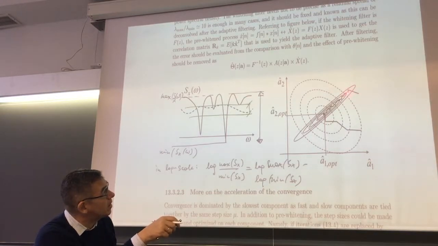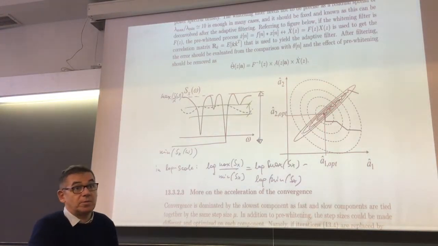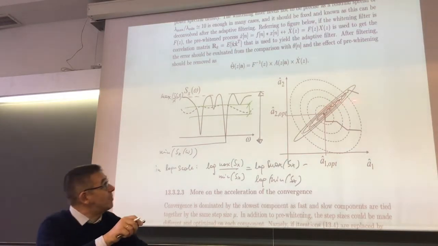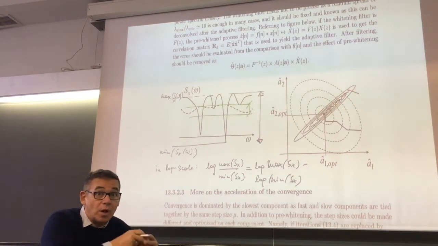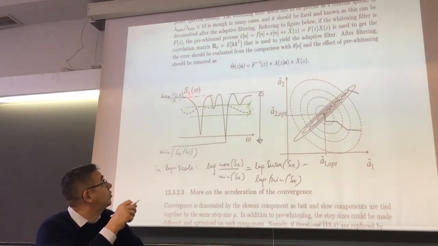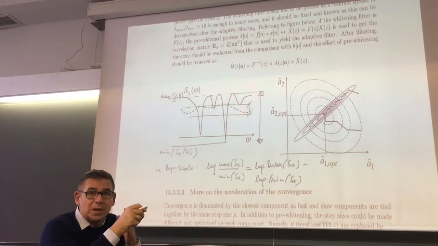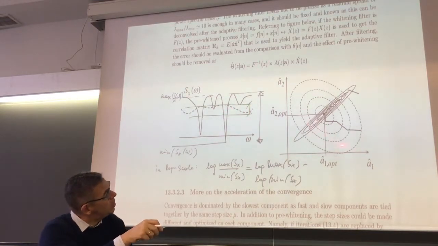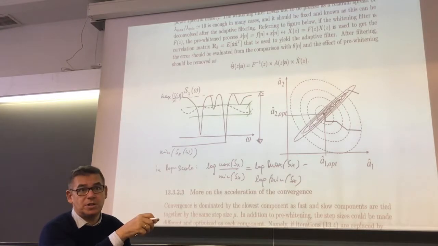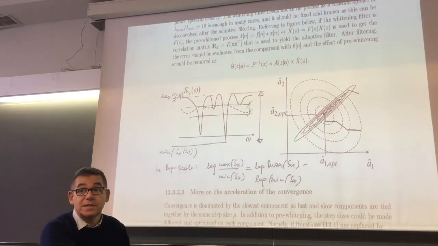So when I start from here, I start bouncing, and slowly I go to the minimum. So this is what happens when it's very narrow and elongated. Okay, so this is what happens for the solid line. The dashed line means that the eigenvalues are such that the power spectral density is pretty flat. Then my quadratic form is very much circular, and then my convergence is, let me say, kind of easy.